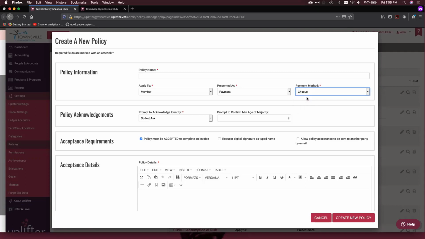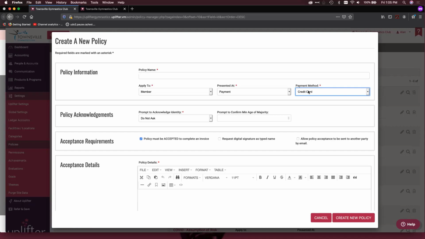What's also very handy is the option of credit card. You might want to use this specifically for PCI compliance, to ensure that you tell the members that if you're setting up installment payments, and they have entered in a credit card number, when their credit card number might be used again by the club without them entering it.